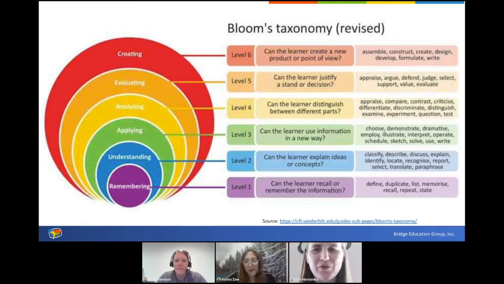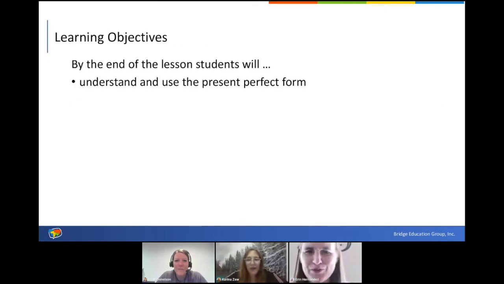Okay, that's really helpful. And I know that Leah, you had shared with us a slide of some sample objectives, and we can go ahead and move to that, and you can explain to them using some of those verbs that Karina just mentioned. Yeah, so I just wrote a couple of quick learning objectives using these measurable